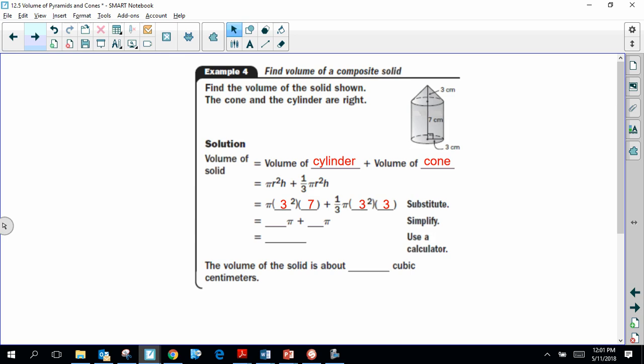So now I'm going to simplify the area or the volume of the cylinder. So that would be essentially 9 times 7, which would give me 63 pi. Then 9 times 3, 1/3 of that is 9 pi. So the volume of the